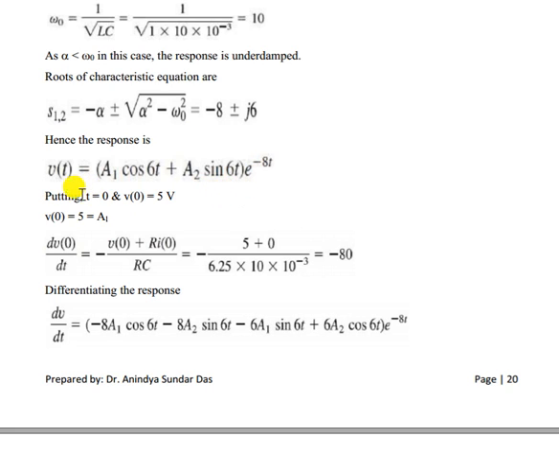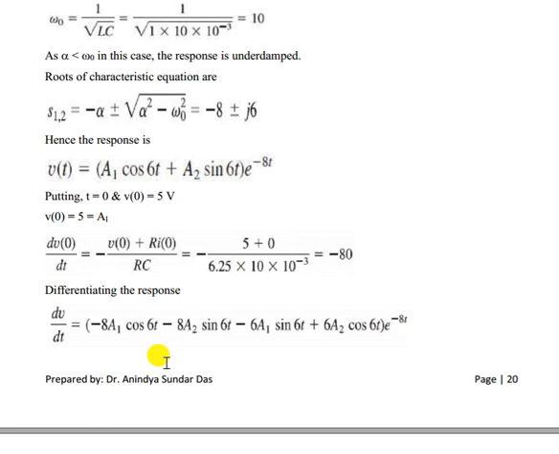Now we have to put t equal to 0 in this particular expression. Then what you get: the sin term becomes 0, the e to the power term becomes 1, the cos term is 1. So a1 equal to this value of voltage, so a1 equal to 5. Again you have to find dV0/dt. Then the value you got, you have to find dv/dt of this expression. Now solving this, you will get this one.